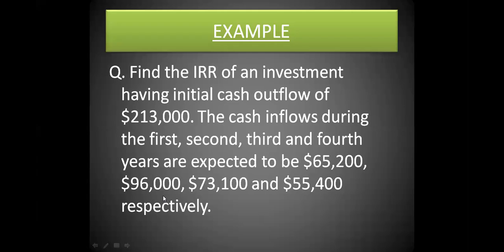Now, usually in other questions, it is very simple for us to find the present value because a discounting rate is already given to us. We just simply check the table and find the value corresponding to that rate of return and the given year. Here we are given the years, which means the investment is for 4 years. We are given the cash flows, we are given the cash outlay also, but we are not given the rate. So here we have to find that rate so that our NPV will become zero. So basically we are trying to go reverse. This technique makes us go reverse.